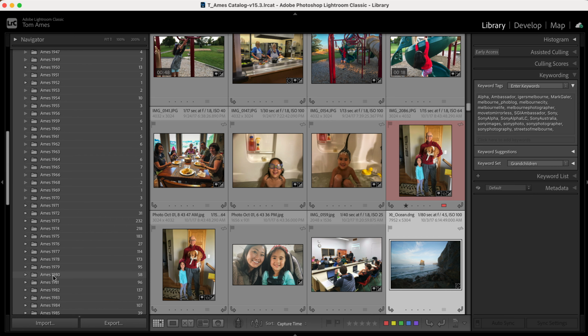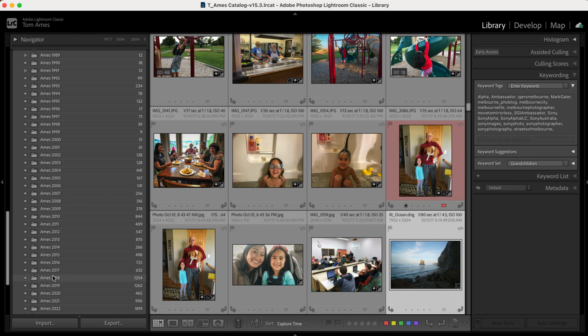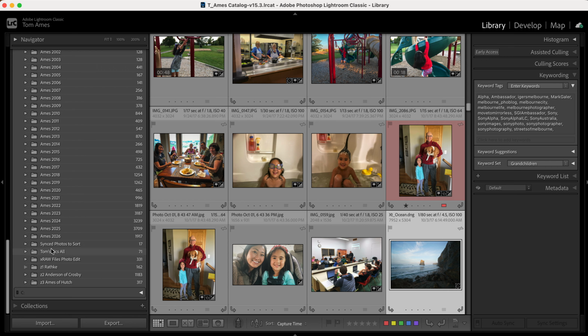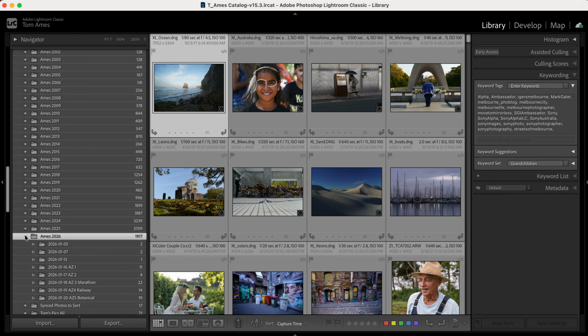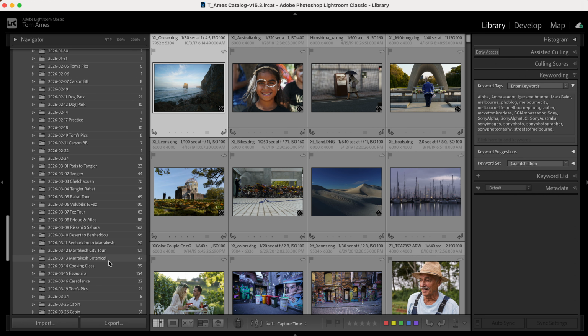So I'm going to go down to 2026, which is already created. I'm going to click on it. Right now I've got 1,917 photos in there. And I'm going to open it up and take a look,